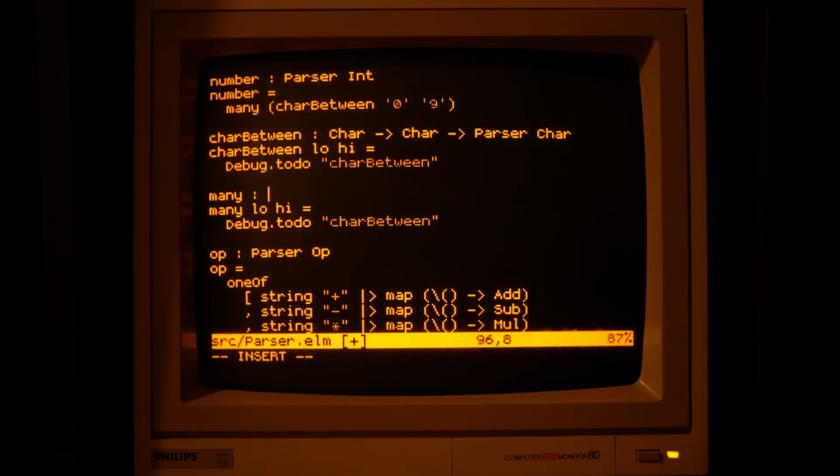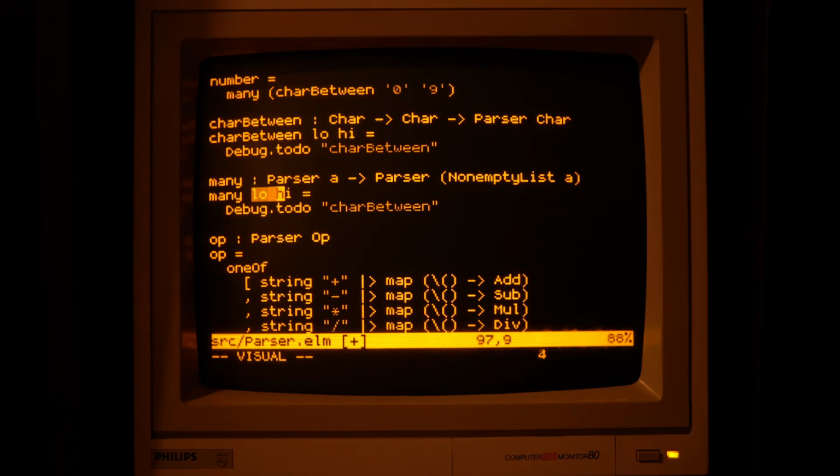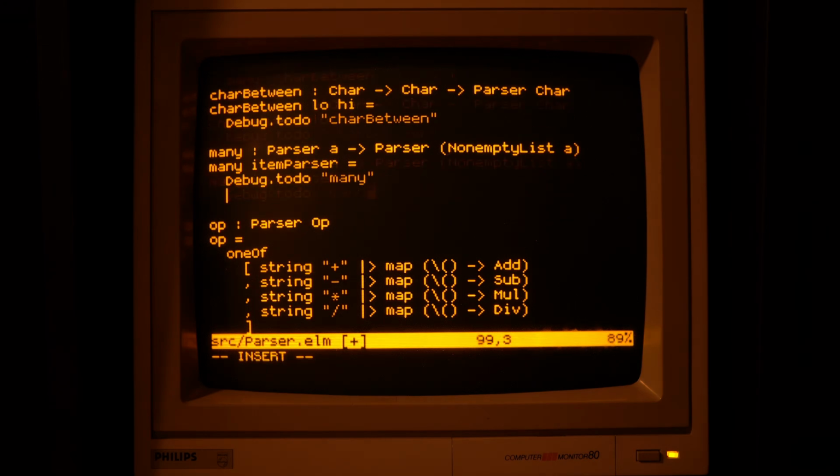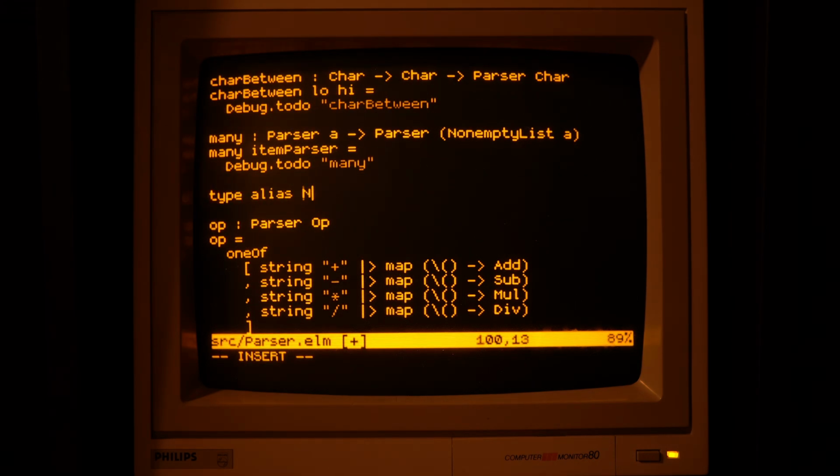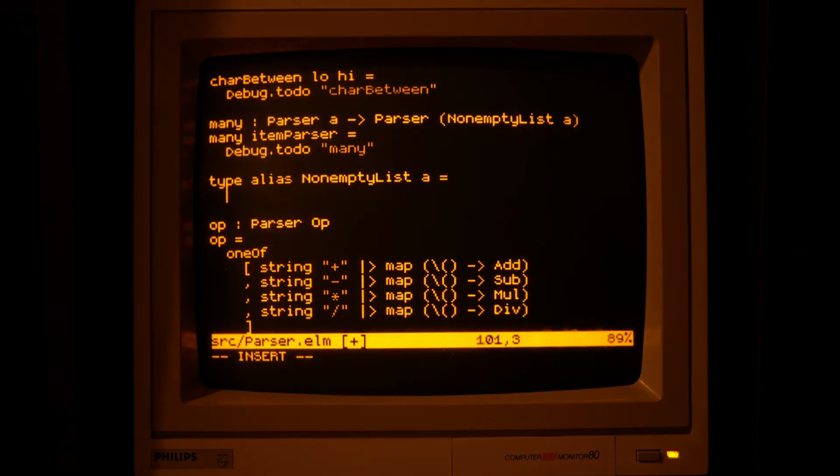Let me be a little bit fancy and express this one-or-more promise on the type level. We will say it returns a non-empty list, where a non-empty list is an item and the rest of the items. The list on the right could be empty, but the item on the left guarantees that we have at least one of those items.